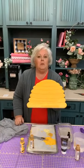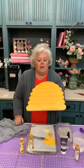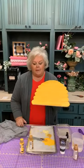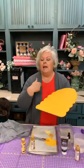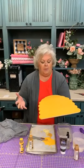For those of you who live in more high humidity areas, you'll find that it takes a little longer for paint to dry. The people who live in the West, where there's less humidity, like here in Utah, it dries a lot faster. So it just depends on where you live too with using your acrylic paint. One of the things I didn't use, but you could, is extender. Extender helps extend the paint a little longer. And I will use extender if I want the paint to